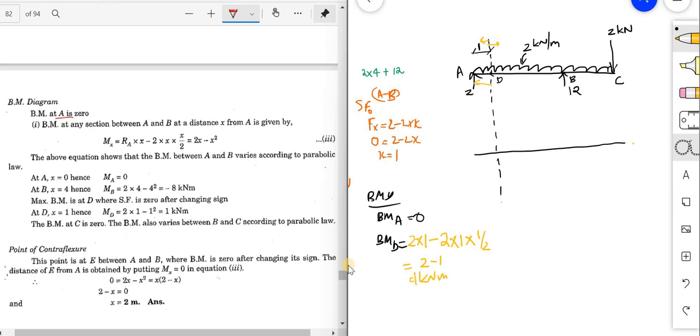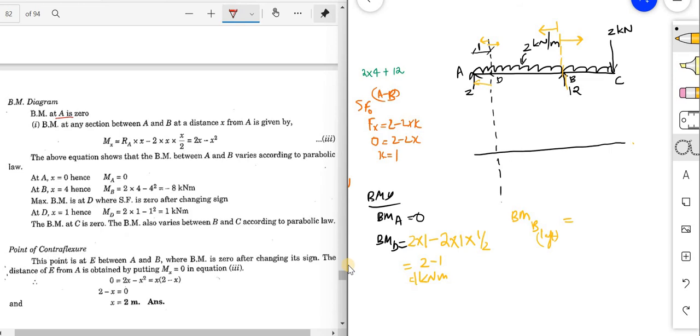Now again I have to find the bending moment at B, at this point. Either I can take the loads to the left or to the right. If I take the right, there are two loads, and here also two loads. So again I am taking the loads towards the left only. What are the moments I am getting?